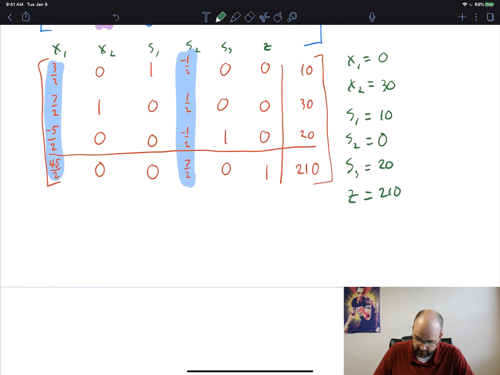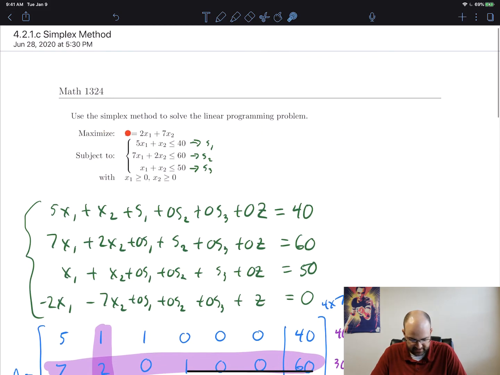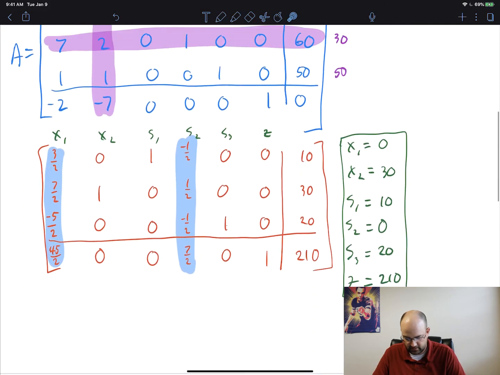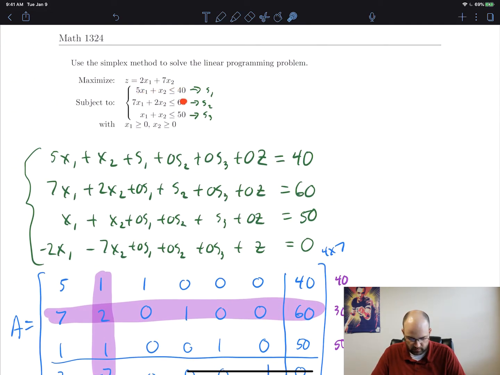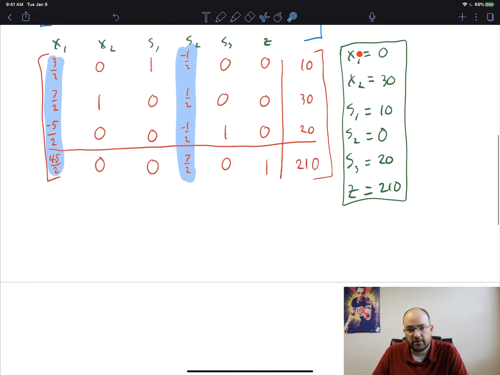Alrighty. Believe it or not, that is the solution. In other words, if we're trying to maximize this objective subject to these constraints, with S1 representing this inequality, S2 representing this inequality, and S3 representing this inequality, then we should have none of x1 but 30 of x2, and then we're going to have left over 10 of whatever S1 is representing, nothing of what S2 is representing, and 20 of what S3 is representing. Then, of course, that means that the maximum for the objective is 210, no matter what the Z is actually